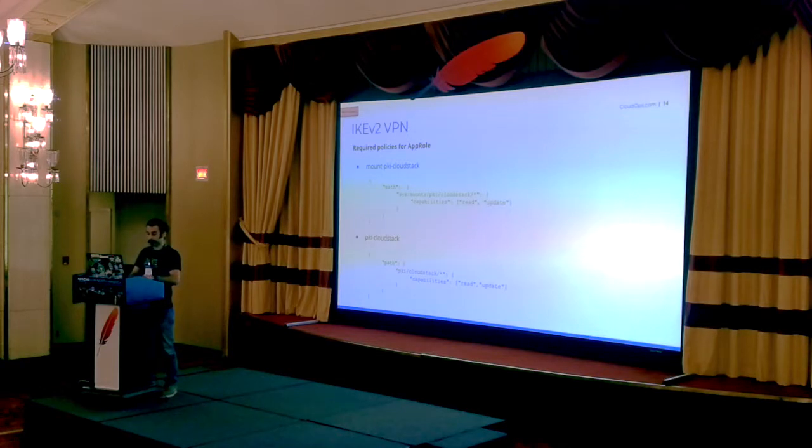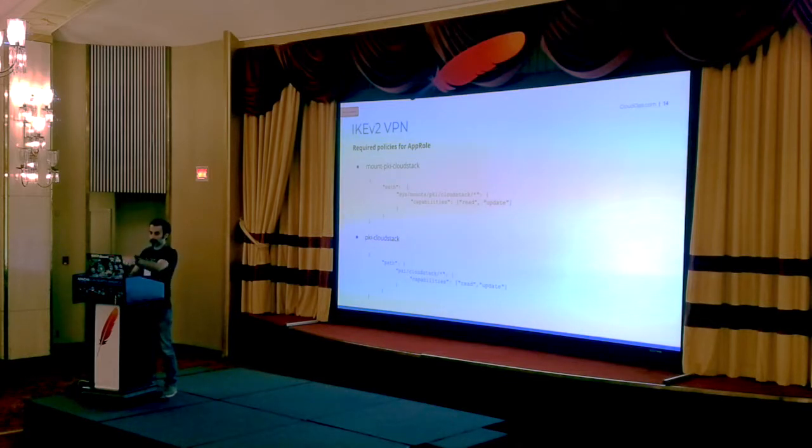Because otherwise, whenever you create a new domain inside the Cloudstack, you need to remember to go to Vault and create a mount point for it. To prevent that and make everything automated, you need to give that specific app role access to mount something on a specific PKI path. And after that,